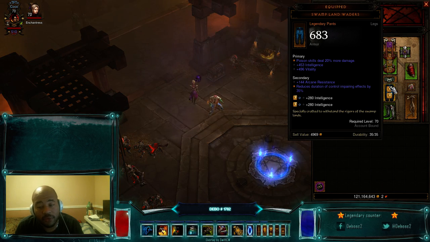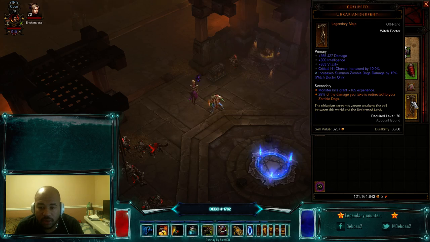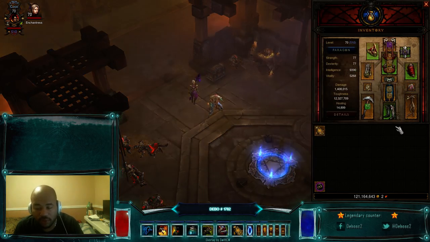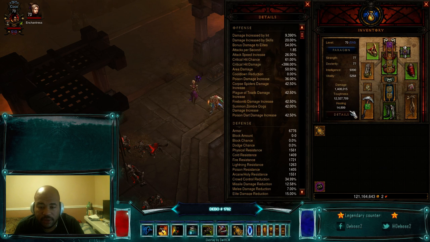Swampland Waders, some people say waters. I like to say waders, but anyways. Increased poison damage by 20%, pretty decent with a double socket. And then of course the Ukapun Serpent, so our dog absorbs some of our damage, and this just has, of course, zombie dog damage and vitality. Pretty straightforward stuff. 1.4 million damage, 12.3 million toughness,